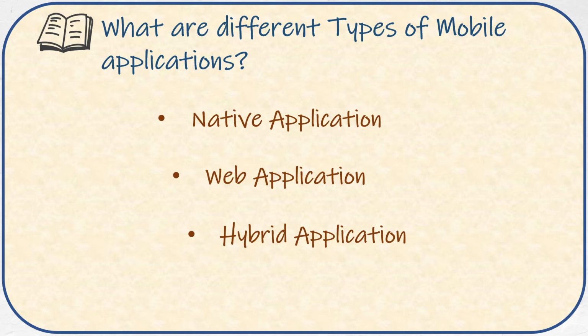Hybrid apps are built on a single platform and distributed across various app stores such as Google Play or Apple's App Store. They are similar to native applications, but they are built on a single entity or a single platform. We have already created a video with details about types of mobile applications. Please refer to that for a detailed understanding, and we also have specific examples for different types of applications. I've pasted the link for that video in the description section. Do have a look into it. Let's move to the next question.